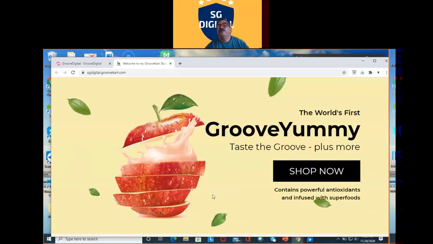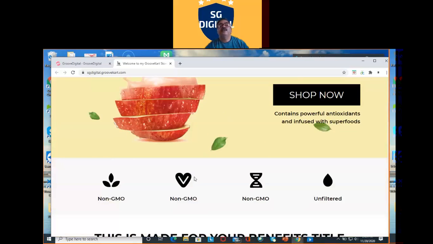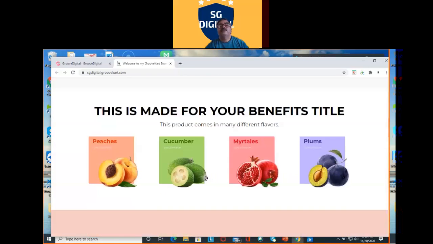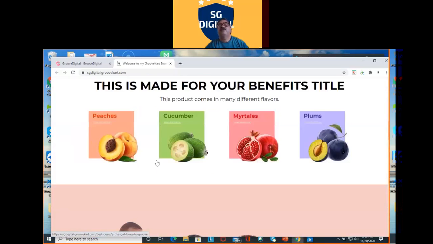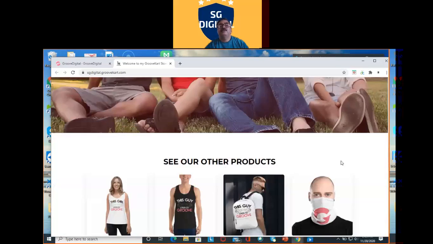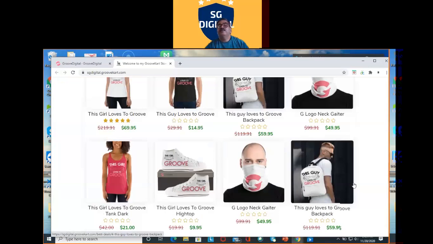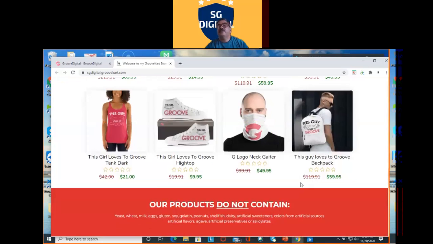We will change this live when we do it in the class itself. Just for demo purposes, I'm showing what the store will look like. So this is the product in different flavors. They have peaches, cucumber, and this is the example. Their other products are also there for Groove, and the rates are also there. So this is the example actually,